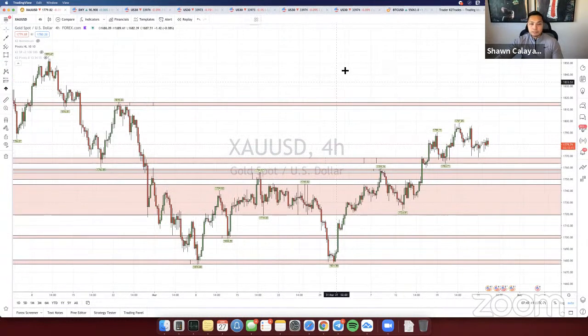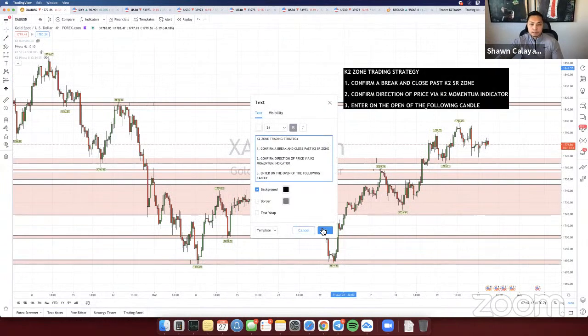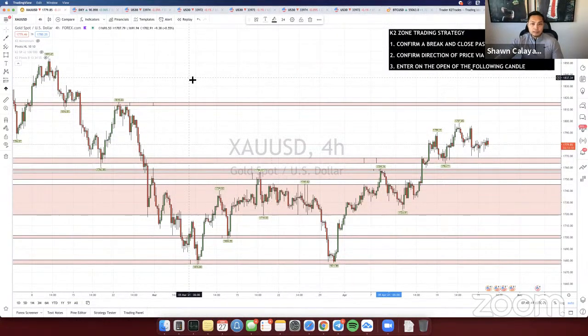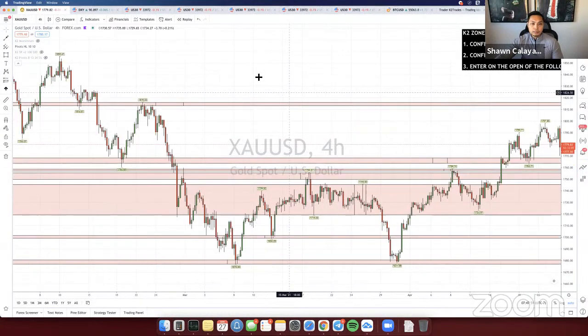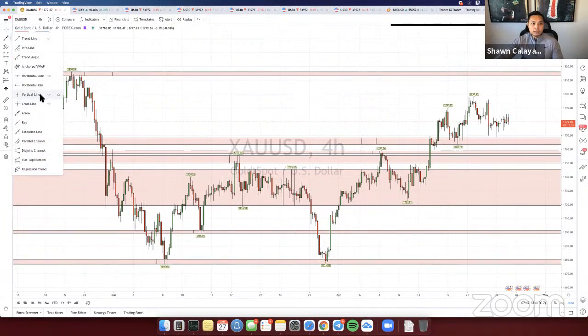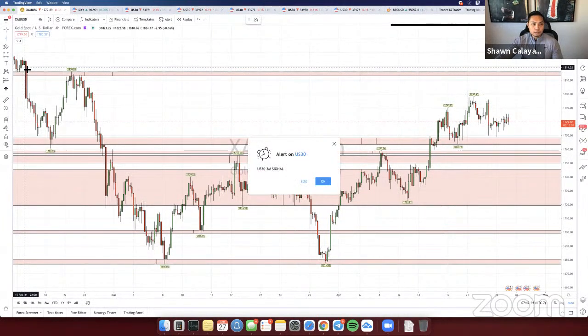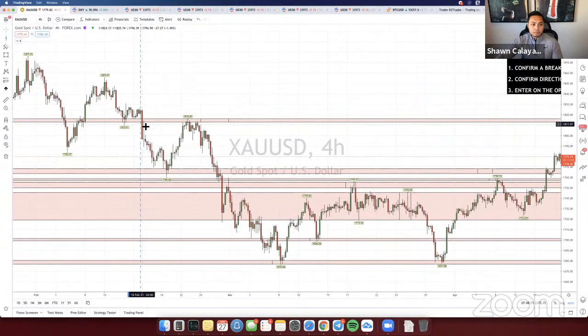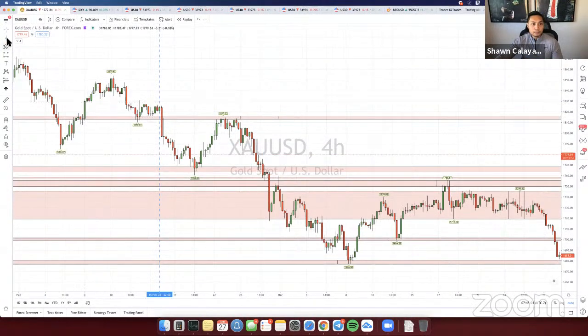I'm going to put the requirements here for the strategy that we're going to be applying up there. But I'll zoom in a little bit right here to show you what I mean by market structure, right? If you guys aren't familiar with market structure, you can basically cut up price from when price moves from market structure to market structure. So for example, right here, you can see from this point, price broke into this structure right here. And then once it got down to this point, this is considered market structure for here, right? This is what happened between February 16th up until February 25th.